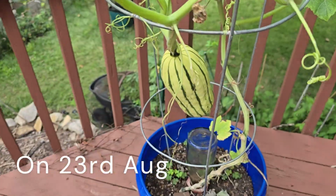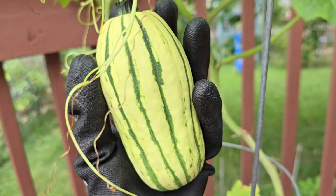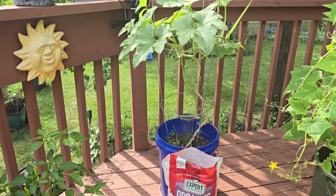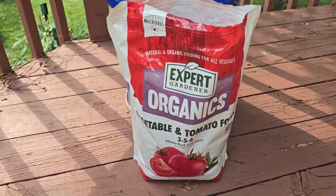But you can see it didn't grow much big, hardly the size of my palm. And after this, the same cycle repeated. The plant had really hard time producing anything. I wanted to leave it alone, but for the sake of this experiment, I gave it another serving of the